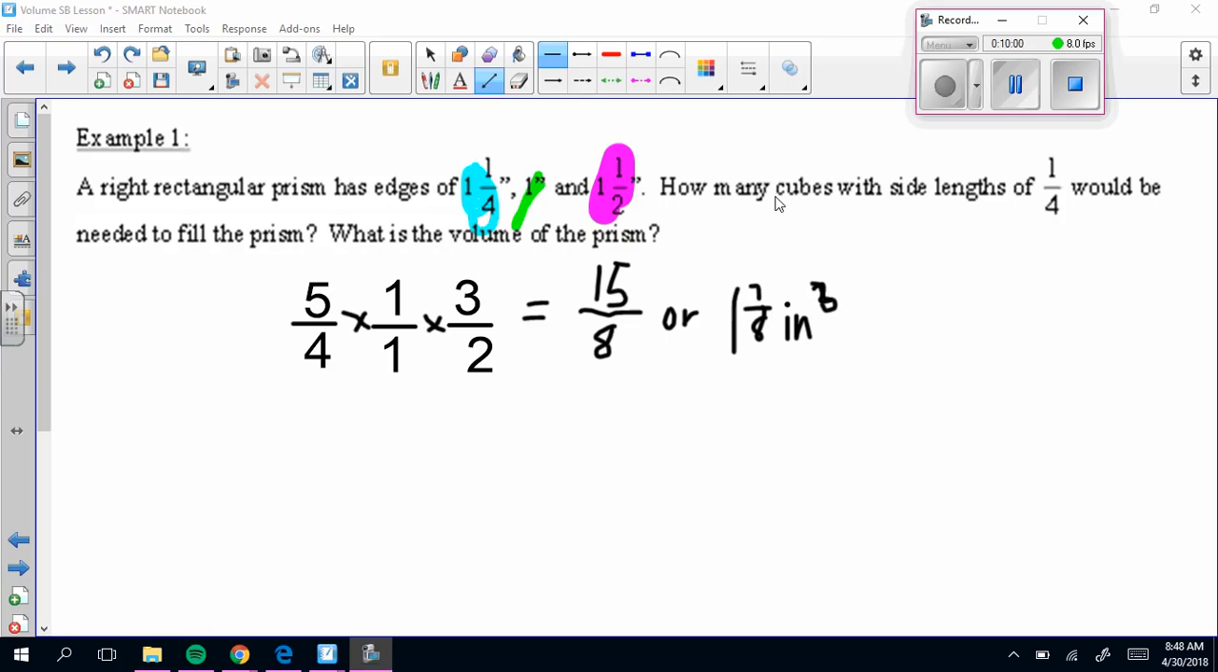Now, look where it says here, how many cubes with side lengths of 1/4 would be needed to fill the prism? Now, we already know the volume of the prism, which is 15/8 or 1 7/8. Now, think about this part, a cube. A cube has all sides the same. It's not like a rectangular prism which has different measurements. This is a cube. So side lengths of 1/4. So we know for a cube, you're going to have three things, your length, your width, and your height. So if all sides are the same, then your volume of this cube would be